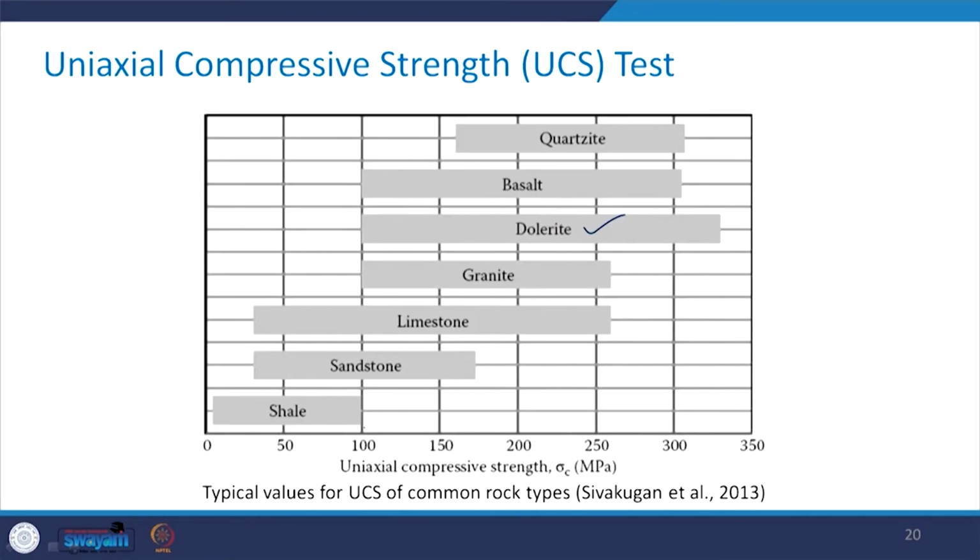See, its strength can be from 100 to, let us say, somewhere maybe 325 or 330 as per this block. Likewise, you see the range is so high. Why? Maybe because of the mineralogical composition, a little bit here and there, plus the position or the number of the micro cracks which are present in any type of intact rock, that also influence the strength